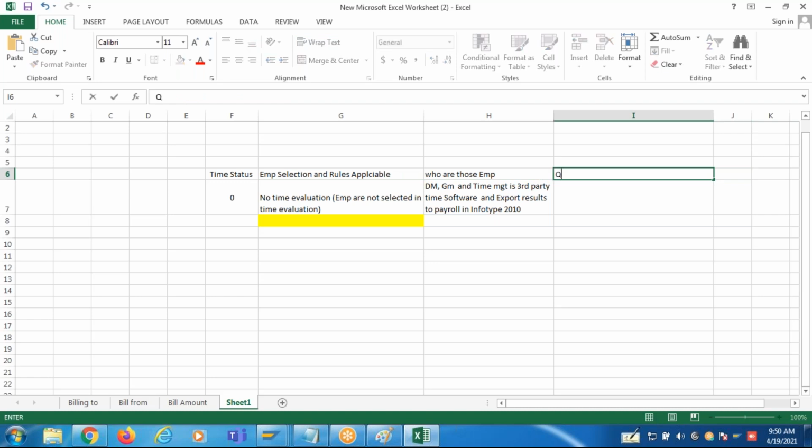Absence quotas can be generated in two ways. One is the manual method.